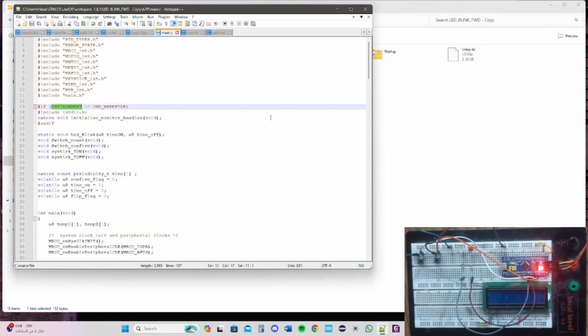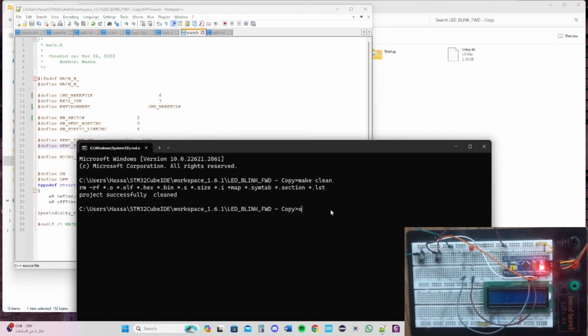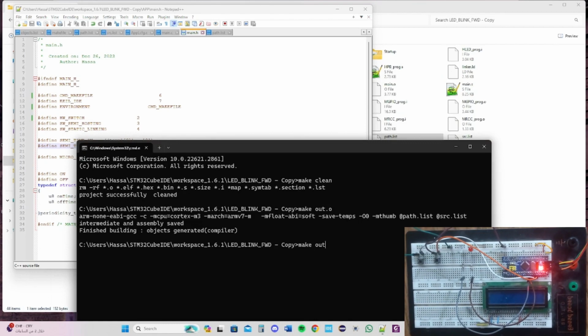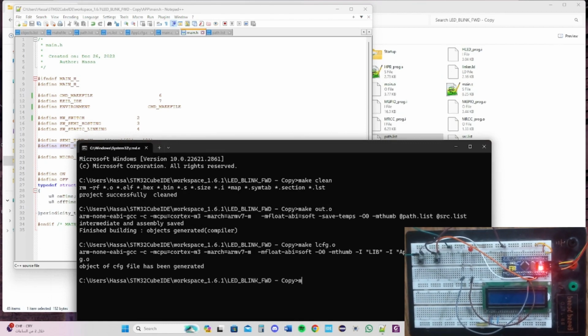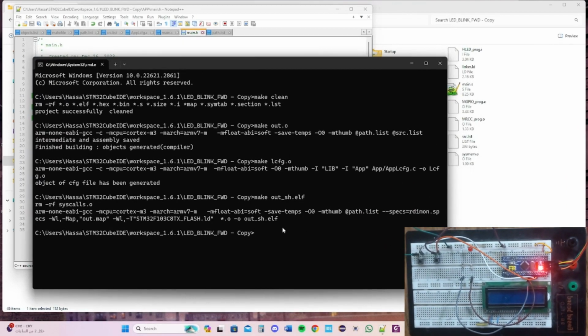The path file is used to be included within the building process, the source files to be compiled, and the C file with T-on and T-off configure file. Here we make sure that we choose our environment to Makefile. So here the first thing we want to compile is all the source files. Then every object file has been generated. Here the build and compile is done, and then there is the linker stage to get the final executable file as elf, hex, bin